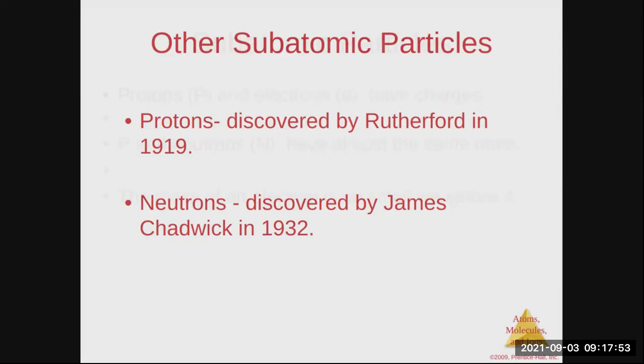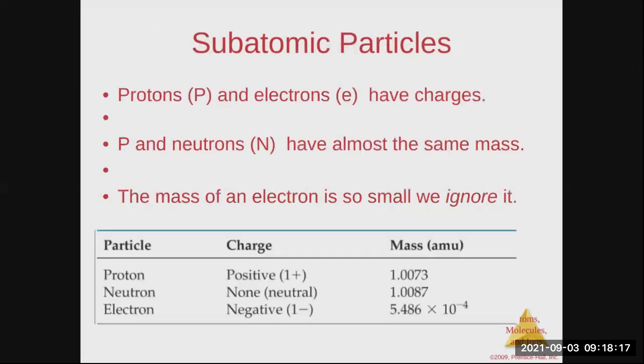The particles are protons, neutrons and electrons. Protons and electrons have charge. The protons are positive, electrons are negative. Protons and neutrons are going to be the larger particles. They have a mass that is almost the same, a slight difference, but not too significant. Electrons, on the other hand, are so small that for most